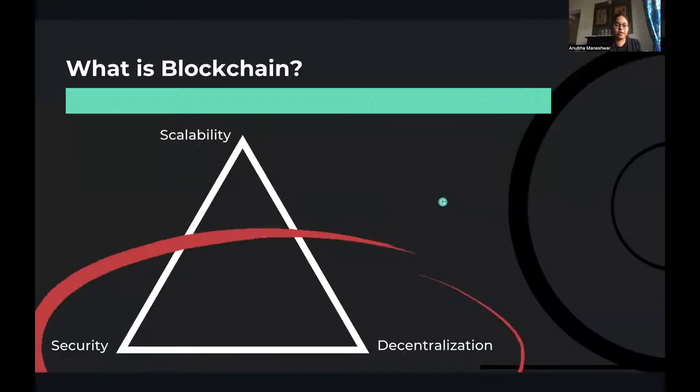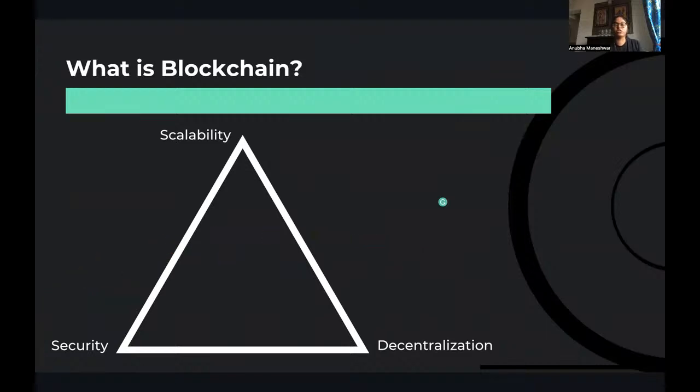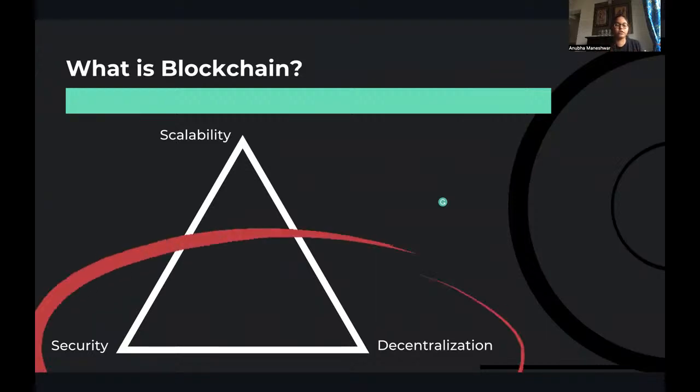And also to understand what the problems are and why we have built Nervos. So blockchain, as you already know, I won't go into the details. It is a public ledger where you can easily track if the data changes, and then it is publicly available for people to see and interact with and all of that.